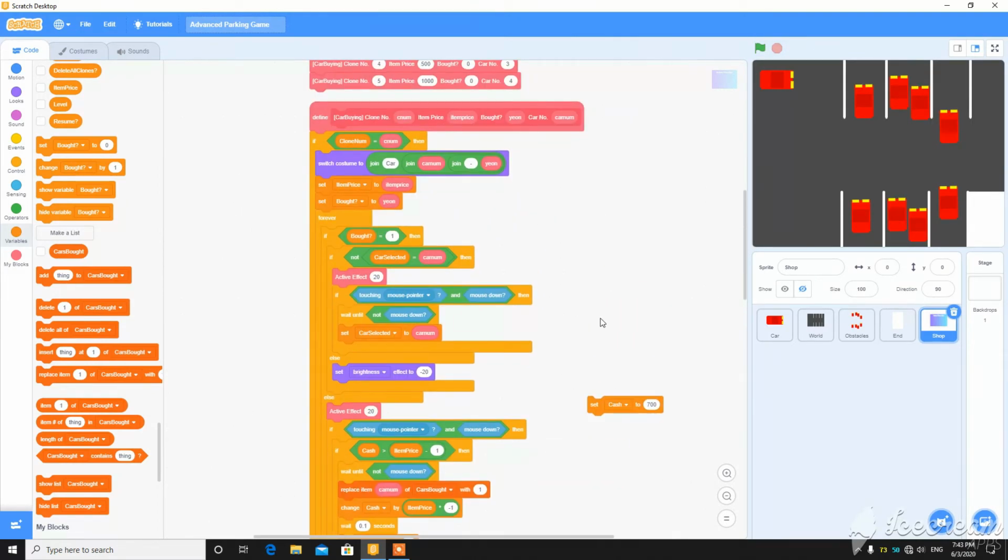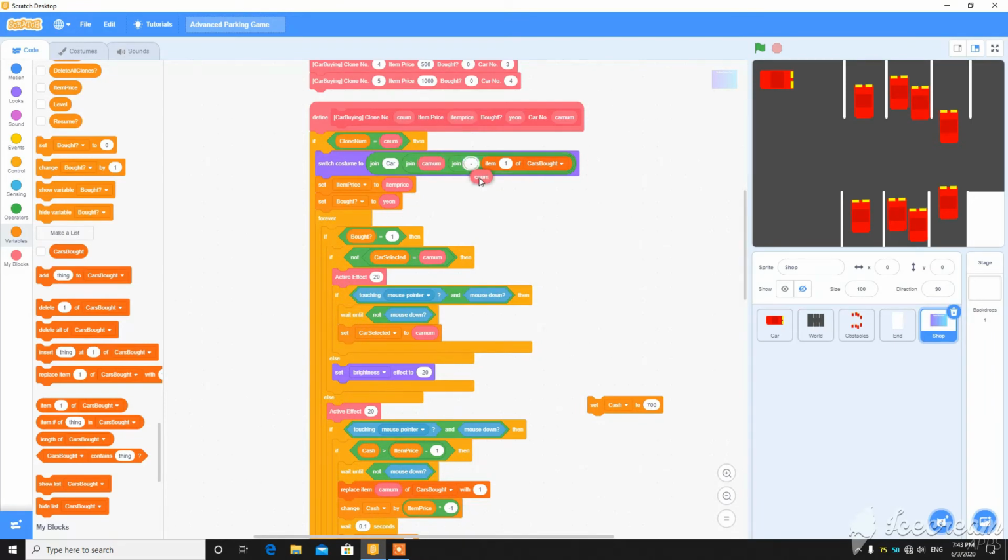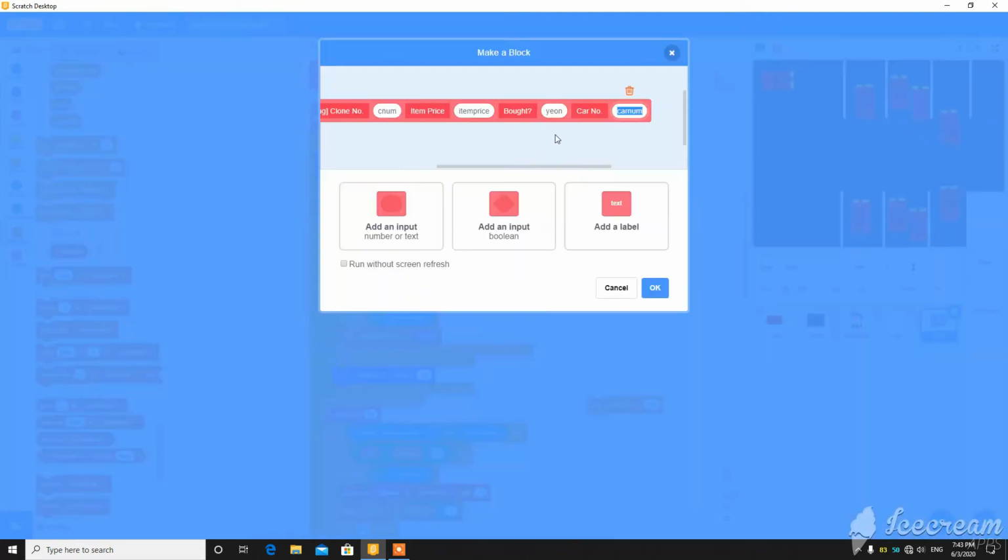So what we can do here is replace this bot with item number of car spot, the car number, not the clone number, the car number. And if you want, you can delete this and the bot car.